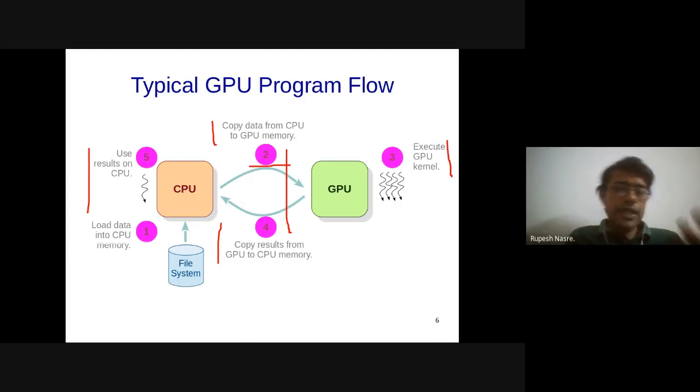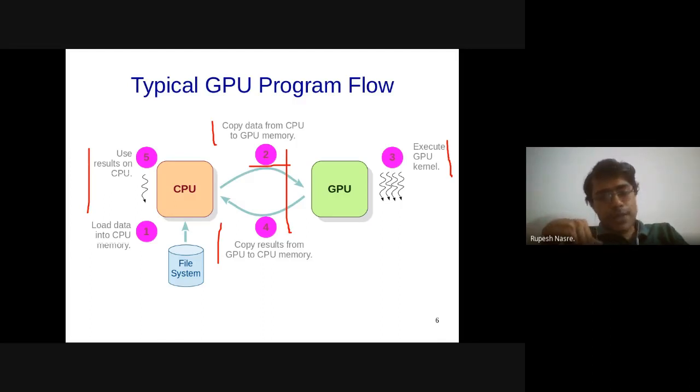Right? So when I am computing, let's say iteration 1, iteration 2, iteration 3, like that, iteration 1's result is already available in the GPU memory. When control comes back to the CPU, the CPU checks whether you have reached the error condition or end condition, and then again asks the GPU to execute the second iteration. It's not necessary now for the CPU to copy the data to the GPU, because the data is already present in the GPU memory, or it could be present in the GPU memory. Right?